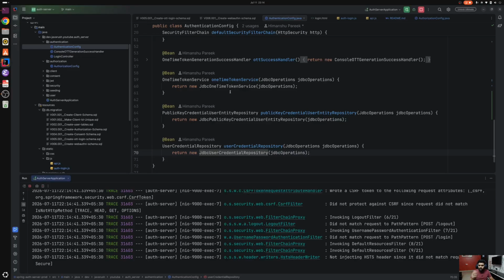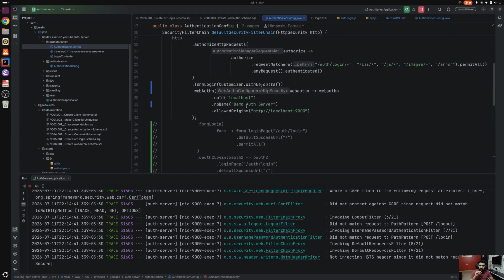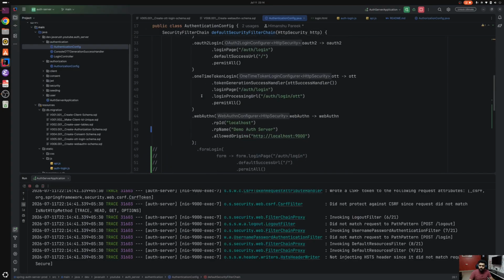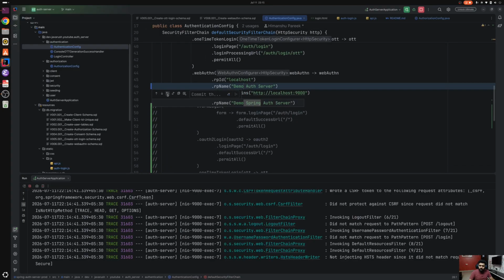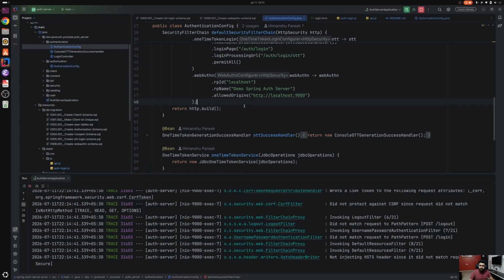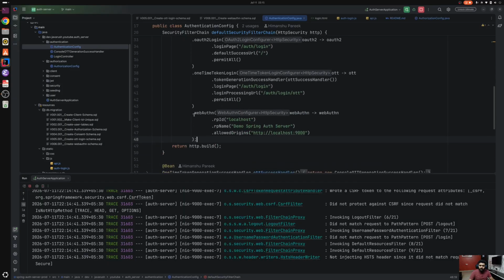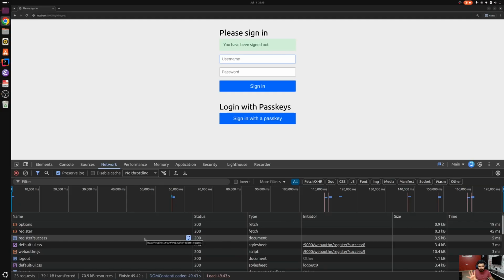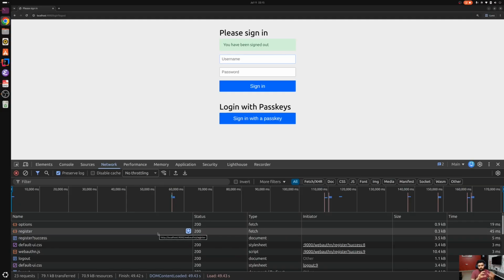But now we want to customize it. Let's customize it. Let me go to the authentication config. Okay, I will remove this one. Yeah, let me remove this. So we have WebAuthn, RPID, RP name, allowed origins. For WebAuthn, it is slightly different because we need to use JavaScript in our browser to interact with the